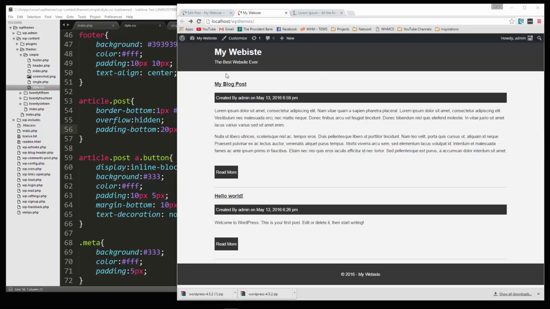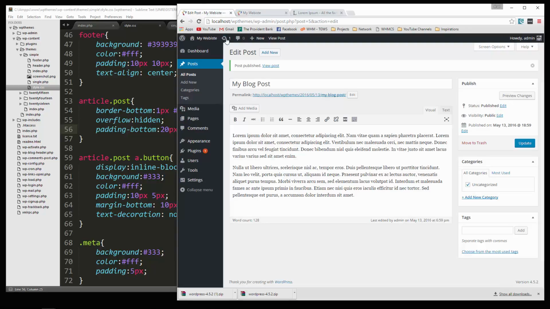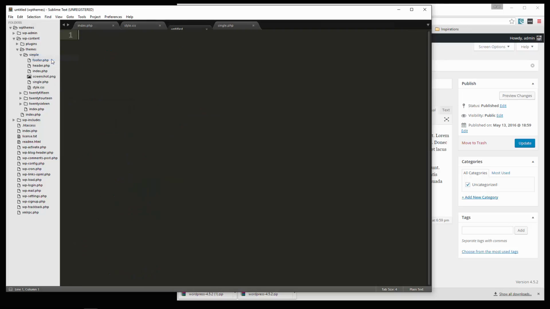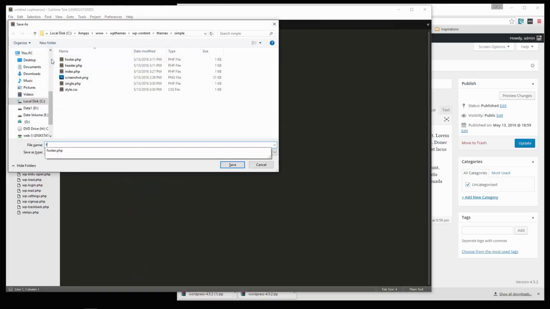So what I want to do next is I want to show you how to add an image to the post, a featured image. Now if we go to the form to add a post and you look on the right side, you don't see a featured image box, which you may have seen in other WordPress themes or other WordPress websites. The reason for that is we didn't include that functionality. So what we need to do is go into our theme folder and we're going to create a file and we're going to save it as